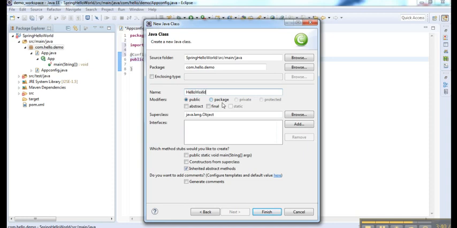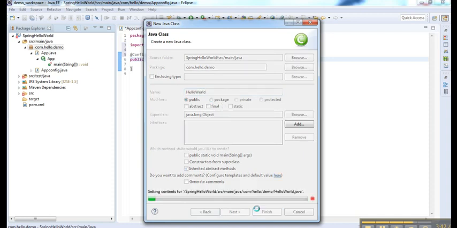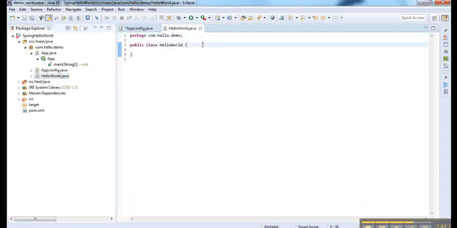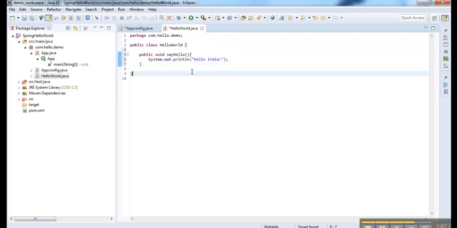Then we click finish. The class is now created, and we have created one method called sayHello, which will print hello world in the console. So this is a simple demo which will print hello India in the console.